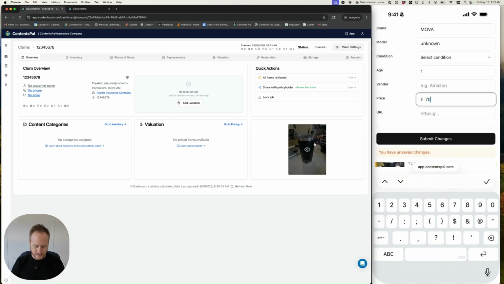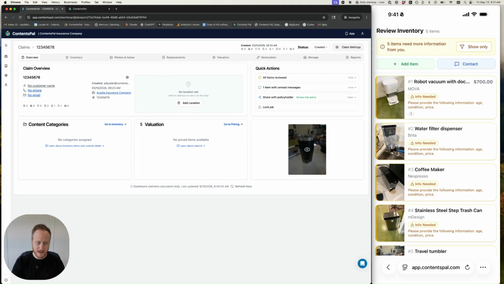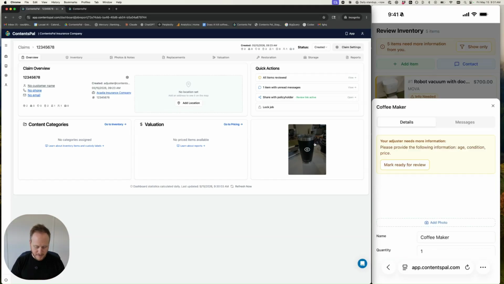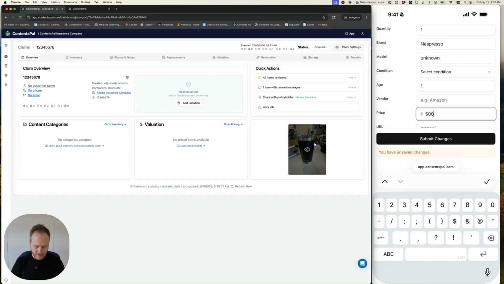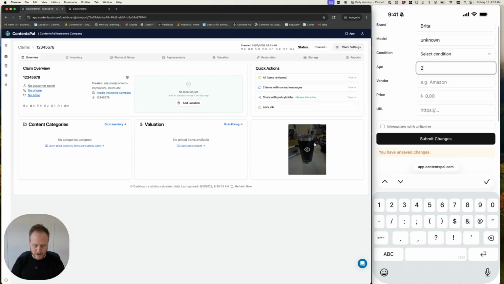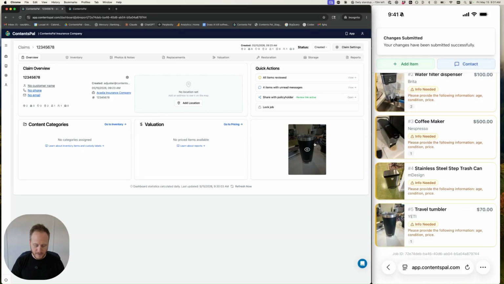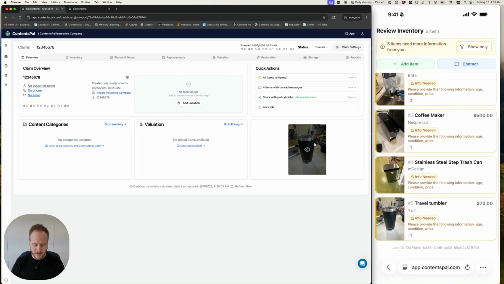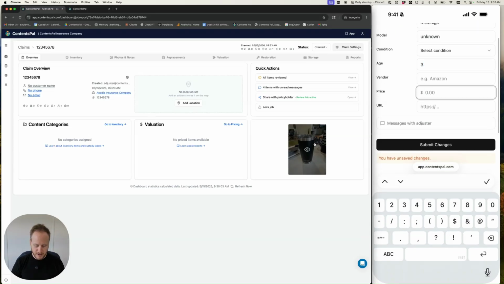So let's say, I'll just enter a couple of things here. Those fields, if you want them to be able to edit the other fields, you would set that on the permissions that I shared you before. But the policyholder can go here and edit the different items with price and submit all that directly to you. So as they're doing it, you have access to this information on your end, and I'll show you how you can review it. So here you see the policyholder entered some information, and once they're done, they can submit the